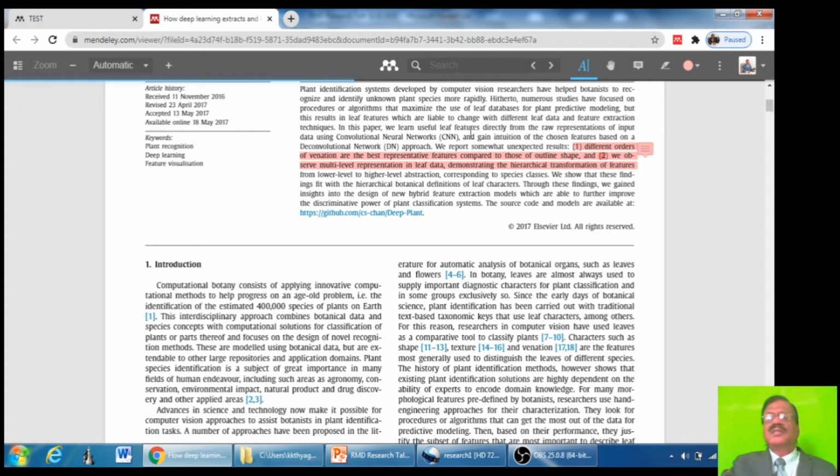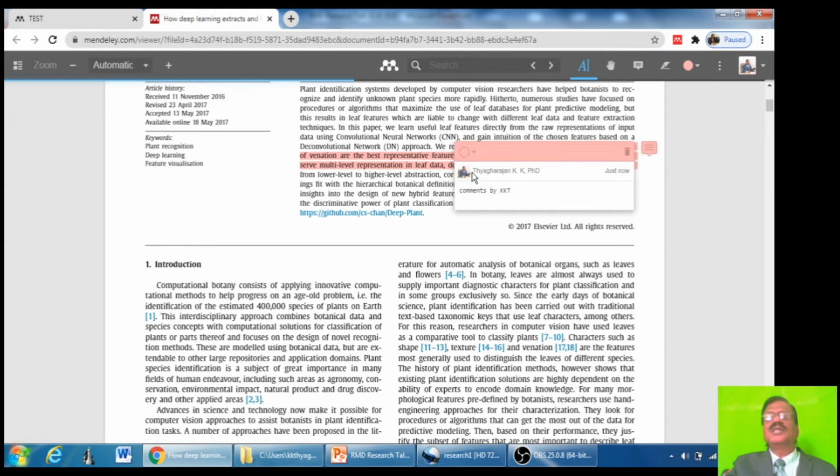So like this, you can collaborate with your co-author. You can highlight and give comments, and the same PDF may be shared with your colleague, and they will see these comments, and they can also enter their comments in a different color, and the name will also appear. If you see, I have commented, so my name and even my profile picture is appearing here.